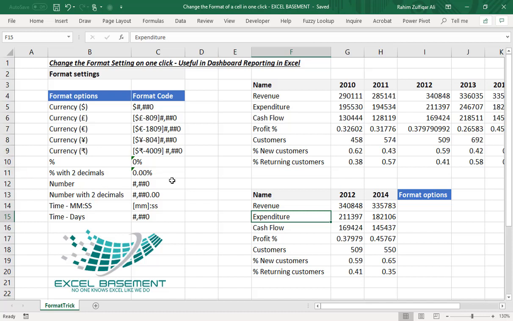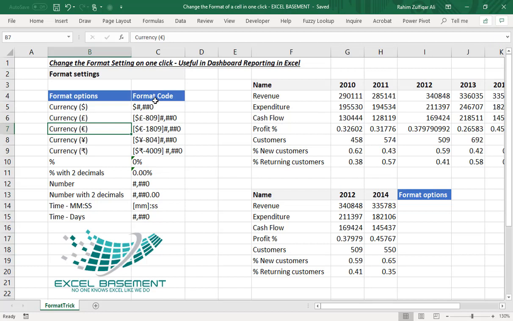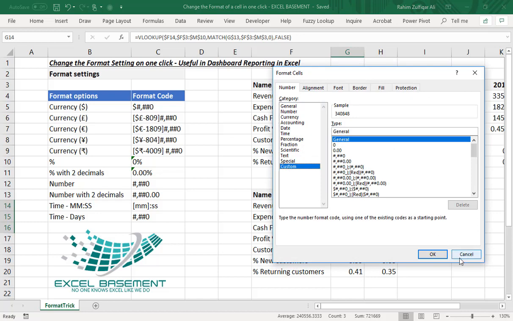So in this example I have drafted some data. On the left side you can see we have two columns: the formatting options which we need, and the formatting code with respect to the format options. For example, if we want to see these two revenue numbers with the dollar sign, we need to have a dollar sign with the number formats. We can do these kinds of things within the custom format as well. You can just right click on the cell, go to Format Cells, and customize the formats as you like with some symbols, right?